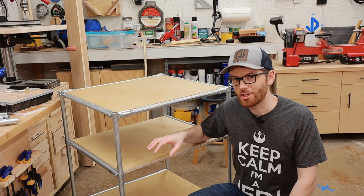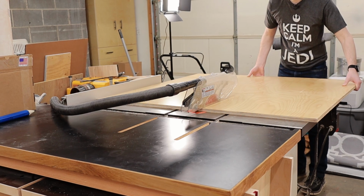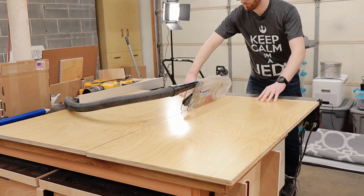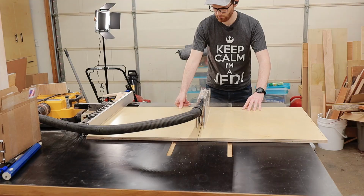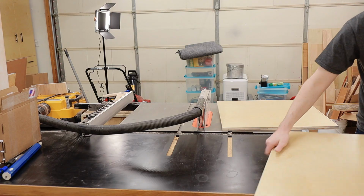For the top and the shelves, I went with some pre-finished birch plywood. I really like using pre-finished plywood because it's got a super hard, durable finish that's great for shop projects. I'm using a table saw to cut down my plywood, but if you don't have a table saw, that's no problem. Most home centers like Home Depot and Lowe's will gladly cut down plywood to any size you need for